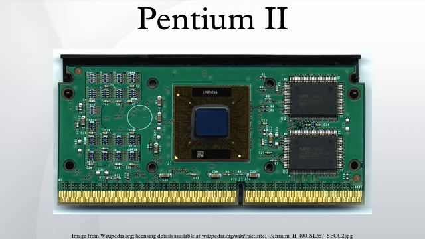Package, BGA1, MMC-1, MMC-2, micro PGA1, PPGA B615, MMX, front-side bus, 66, 100 MHz, GTL+, VCORE, 1.5, 1.55, 1.6, 2.0 V, process, 0.25 and 0.18 micrometer CMOS, first release, January 25, 1999, clock rate, 266, 300, 333, 366, 400 MHz, containing 27.4 million transistors, die size 10.36 mm x 17.36 mm equals